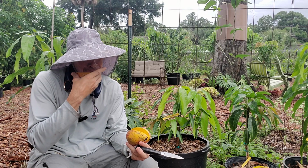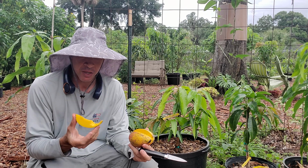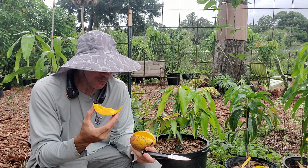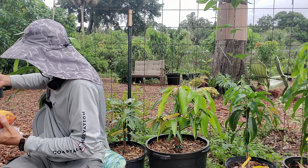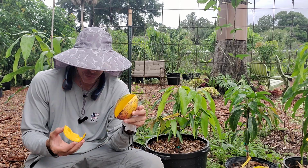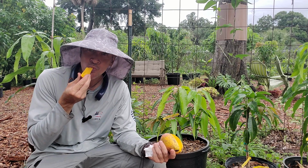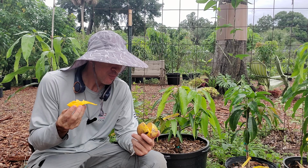All right. So smooth. This one's a little bit creamier than the one that I had this morning, but you get a little bit of those coconut tones. Set down this knife real quick. You do get those coconut tones, which is, I'm telling you, if you've never had a coconut flavored mango, it is amazing. Now this one isn't predominantly coconut. It does have a little bit of citrus, maybe a little peach, but definitely a mango